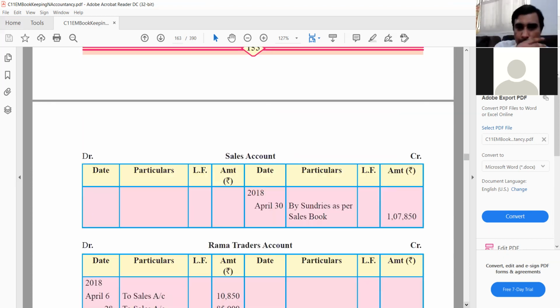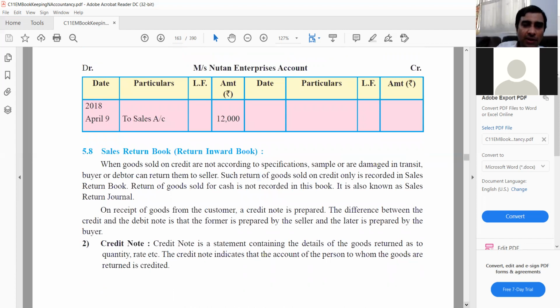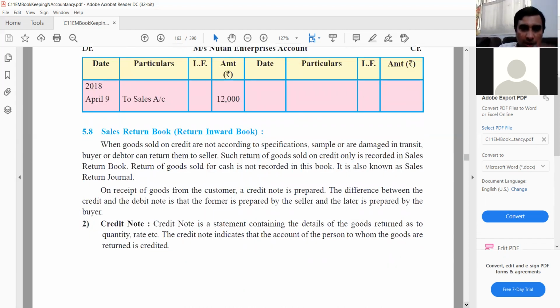Okay. So now posting into ledgers, we are going to omit that. And then finally, sales return book. So sales return is again where the goods have been returned. Also remember, whether it was purchase return or sales return, that these goods are being returned and no money is being exchanged. That is paramount to understand, because the moment money is exchanged, that transaction will be recorded in the cash book. That transaction will not be recorded in the purchase, sales, purchase return or sales return book.